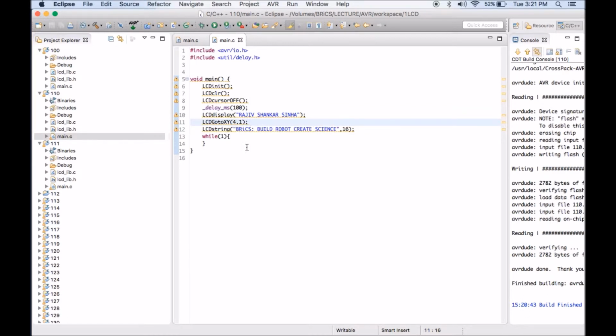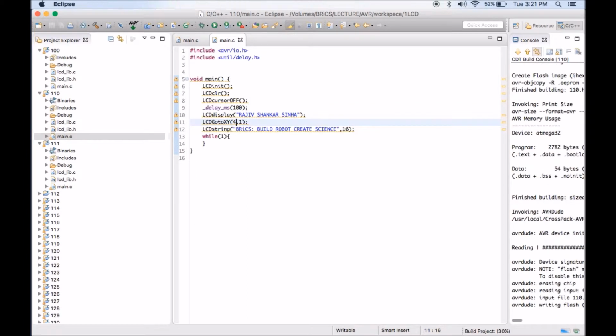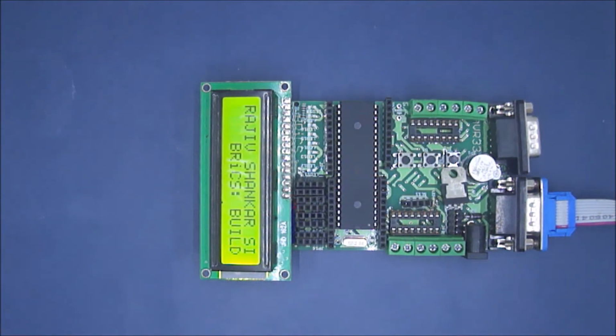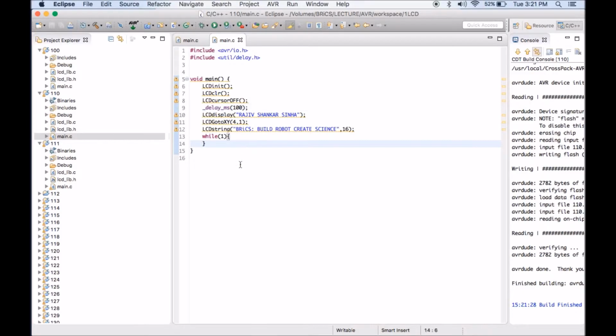Instead of that we will start from the 41 coordinate. So let's test this code. Here you can see the first 4 characters have nothing printed, and after that it's showing bricks build robot create science.